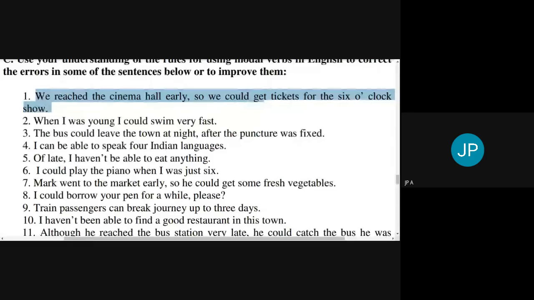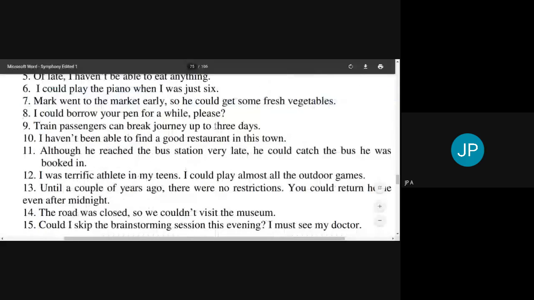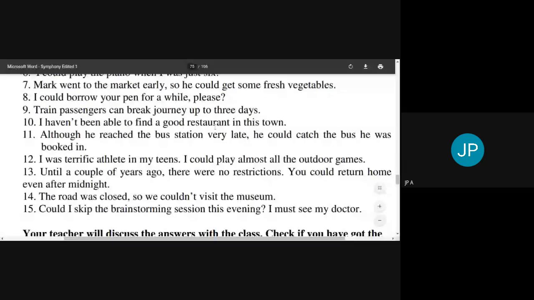So what differentiates the different types of sentences is the order of the words in the sentence. When the word order changes, the form of the sentence changes, and the meaning changes. So could I is the correct structure of the sentence. The rest of the sentences don't have any mistake. Now the sentences from 9 to 15 don't have any errors. We will just read those sentences.